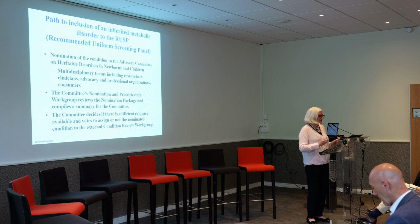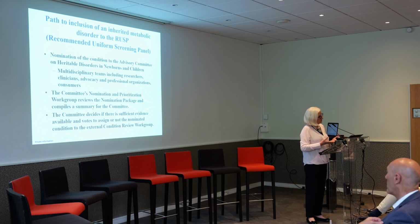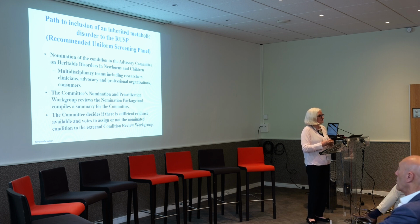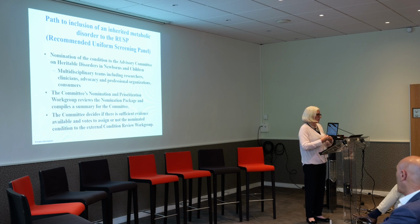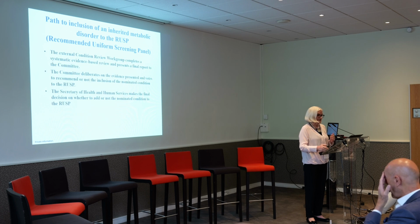Within this committee, there is a work group that looks at this nomination and summarizes for the committee what they have learned, and then the committee decides if there is enough evidence to proceed to a full review. And the full review is done by an external condition review work group. The full review takes about 6 to 7 months to complete, and ends with a recommendation for the advisory